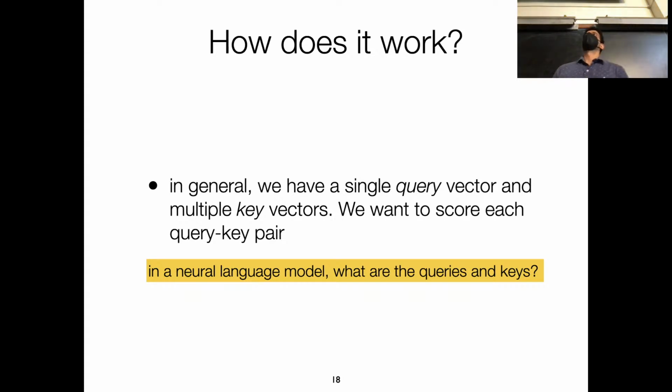So the way it works intuitively is that we have a single query vector. This might be, for instance, the hidden state at time t. And we have a bunch of key vectors. So in our example, this could be all of the hidden states before time t. And we want to assign a score to each of these query-key pairs. And intuitively, a key that gets a higher score might indicate that we should put more of our attention